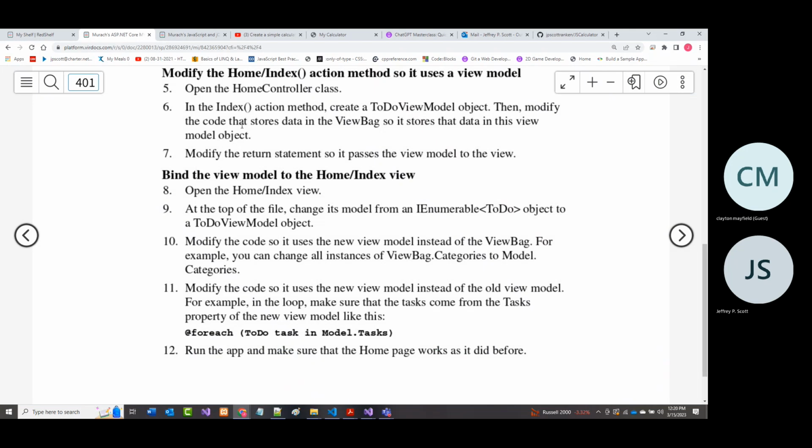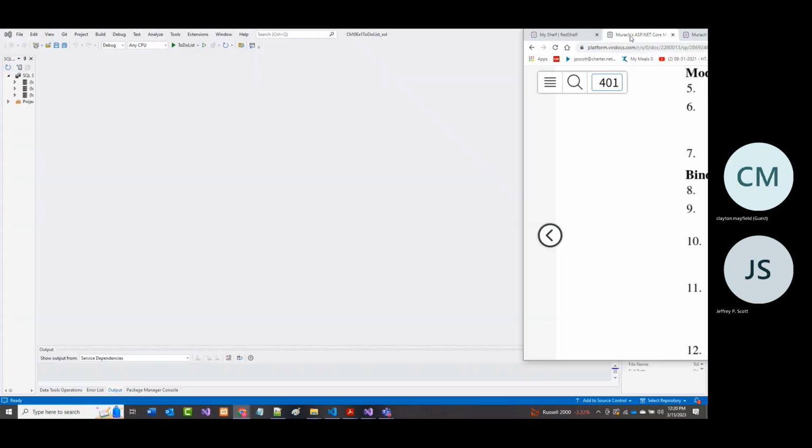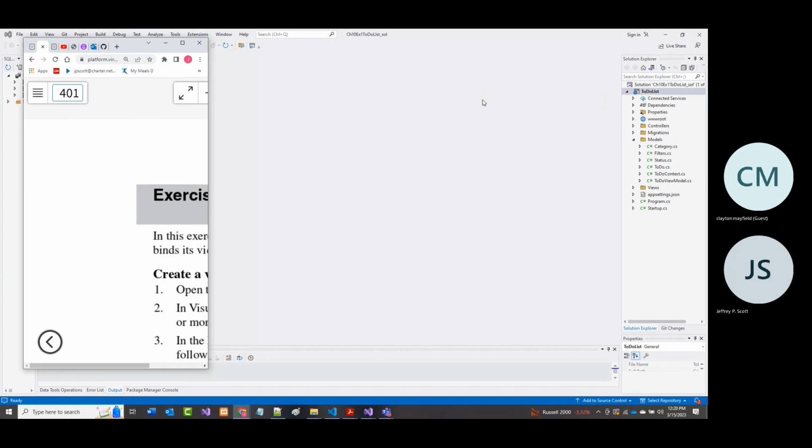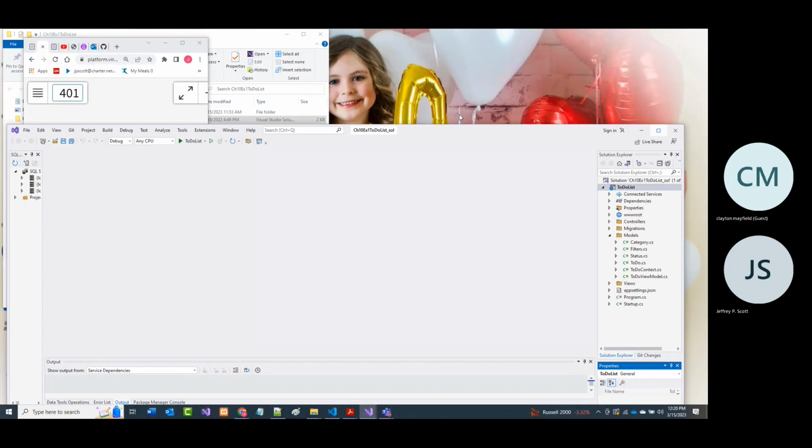So again, this said, open the home controller. Let's see if I can keep both of these up here.